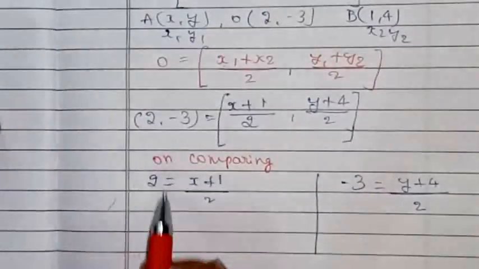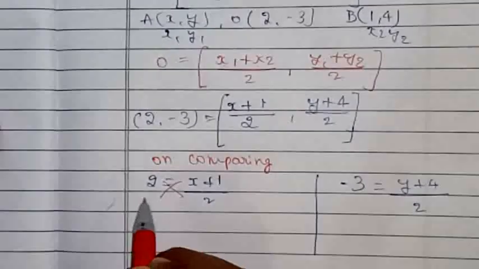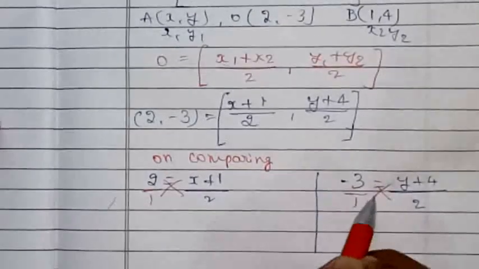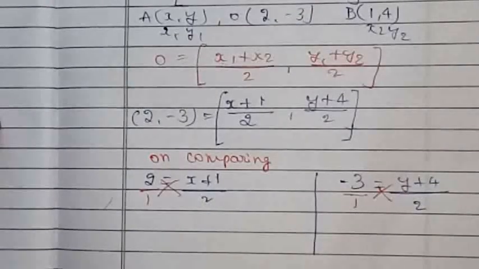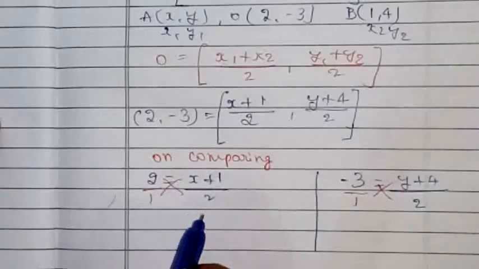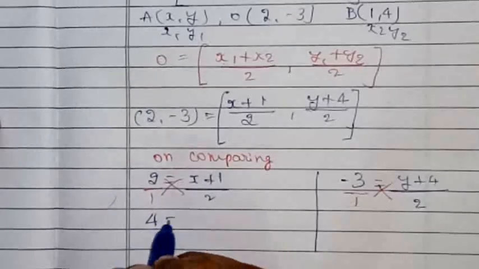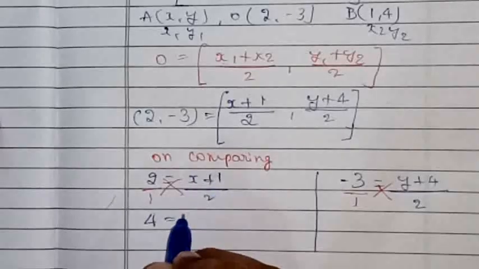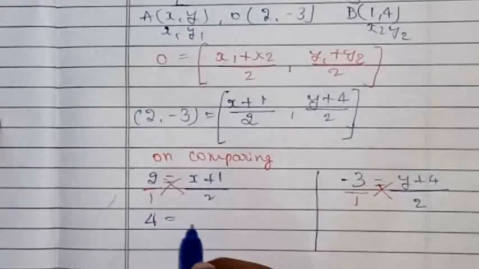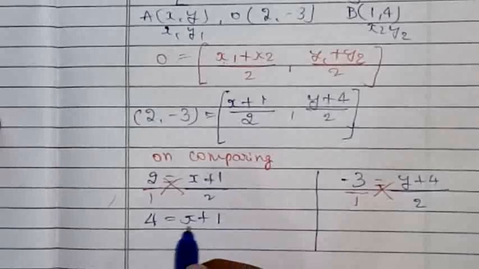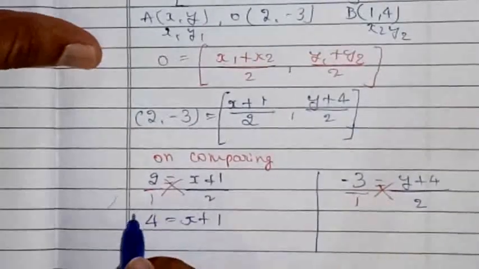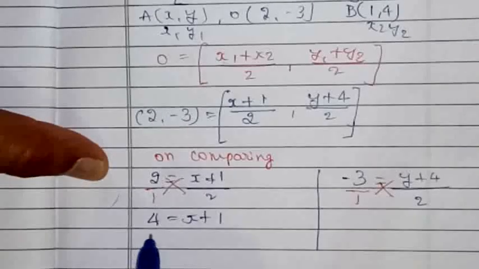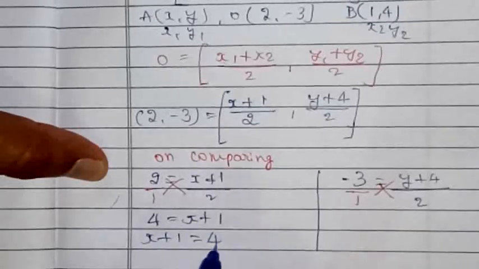Here make a cross multiple, nothing is there means 1. Here also make a cross multiple, nothing is there means 1, right children? So therefore now 2 2s are 4 equals to, now multiply 1 into x plus 1. 1 into x plus 1 is nothing but the same number, so x plus 1 into 1 is nothing but x plus 1. Now I'll interchange this. So I'll write like this, x plus 1 is equals to 4.